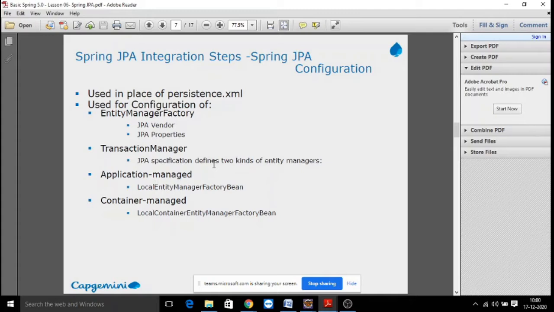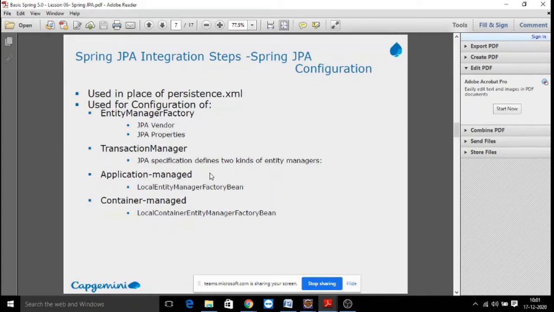And next, there are multiple vendors available in the market for the implementation of the entity framework. There are multiple JPA vendors available like Hibernate, iBatis, Cocobase, Castor, TopLink, out of which Hibernate is the most popular one. And these entity manager factories are basically classified into two types.